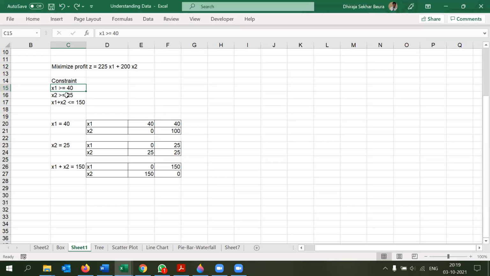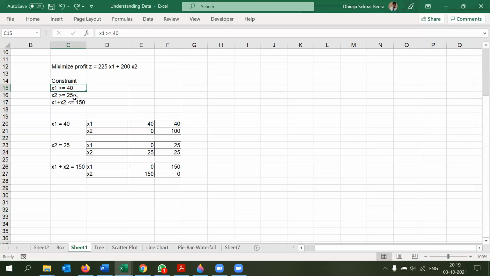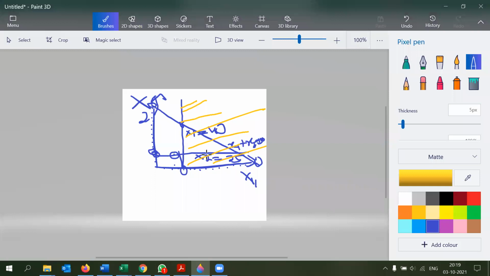Now let's go to the next one. So x2 is more than equal to 25. For more than equal to 25, similarly, as I said, if it is more than equal to, your feasible region will be the other side of the origin. Now x2 is equal to 25 is this line. Origin is in which side? This side. So your feasible region will be on the other side. Make sense? Correct. So this side.